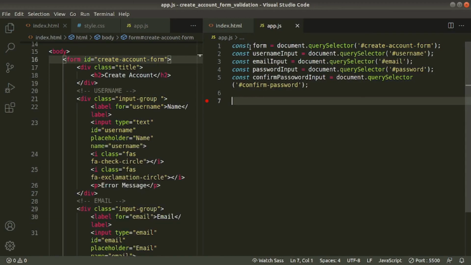We accessed all elements we required: form, user input field, email, password, and confirm password.